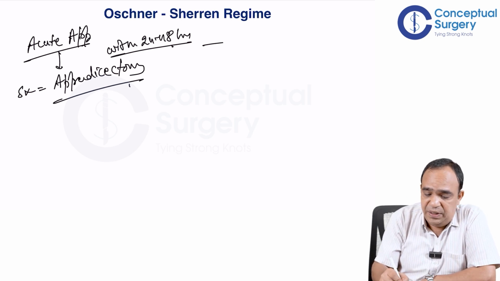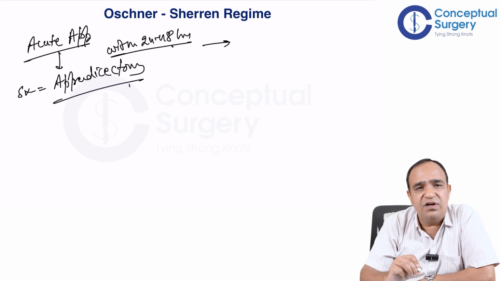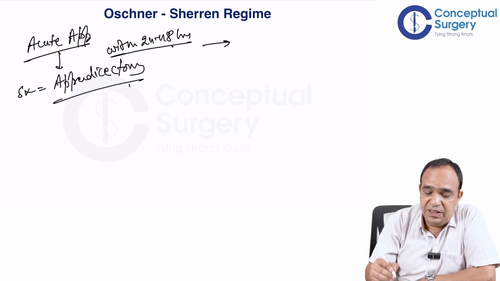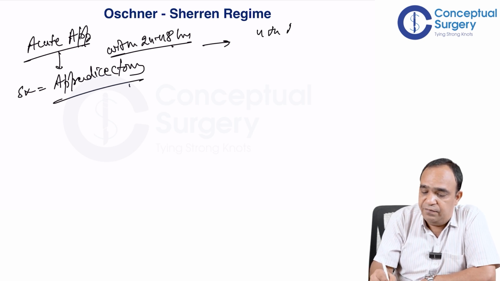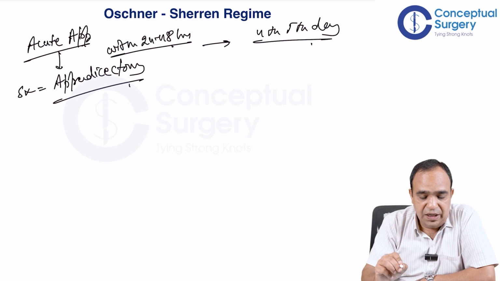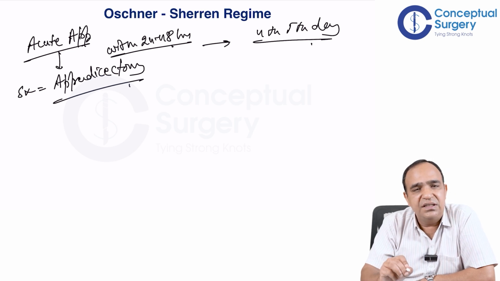But the patient may not present in the initial 1 or 2 days. The patient is bearing pain, taking painkillers at home with someone's advice or on his own. So the patient lands up on the 4th day, 5th day. So the patient waited, so that golden period of 1 to